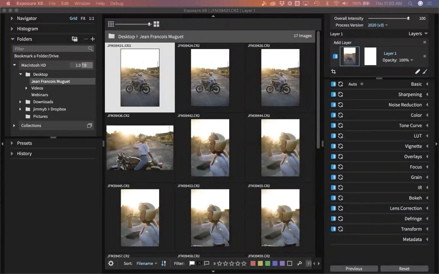So we do this for a couple of different reasons, and that is that this makes images and edits really easy to back up and transfer between computers. You don't have the issues with the catalog, and there's no single point of failure should something go wrong. So what I mean is,